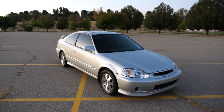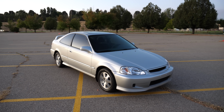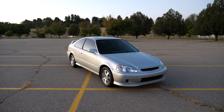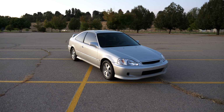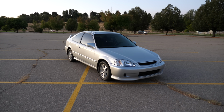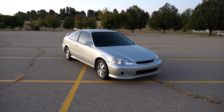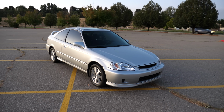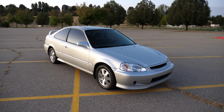Now, as far as my question for you guys, if this was your car, if you owned a 34,000 mile Honda Civic EX, what would be your plan? Would you keep it as is? Would you store it? Would you not drive it? Would you drive it every day? Would you boost it? Would you swap it? I'm really curious to know what you guys would do in the position with this car,